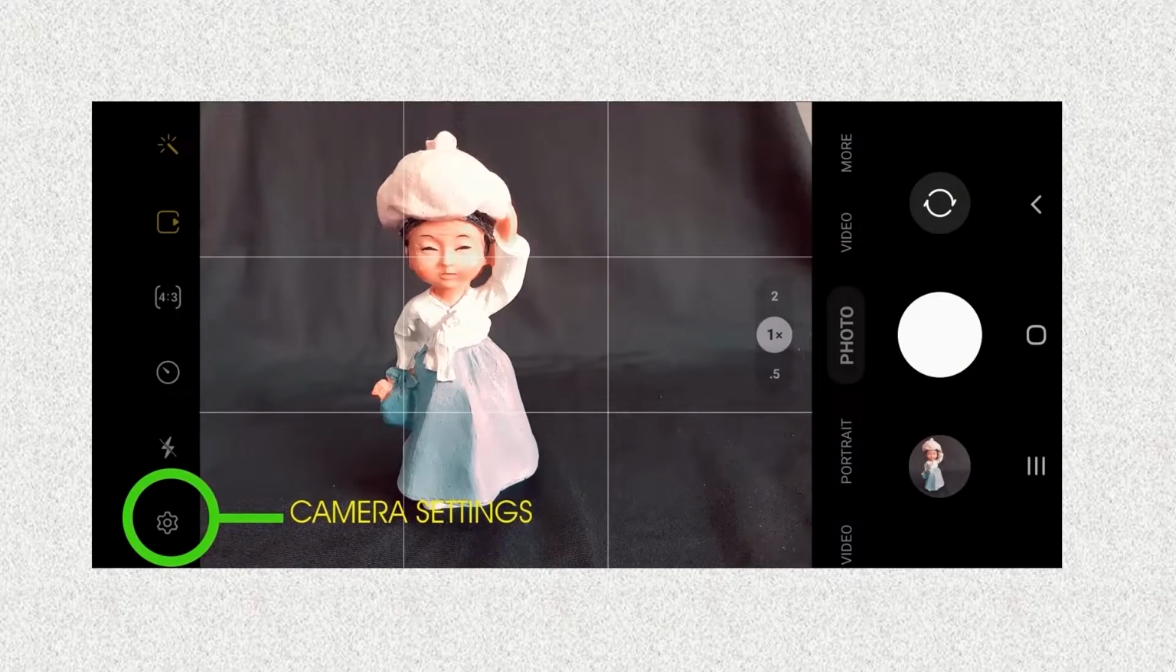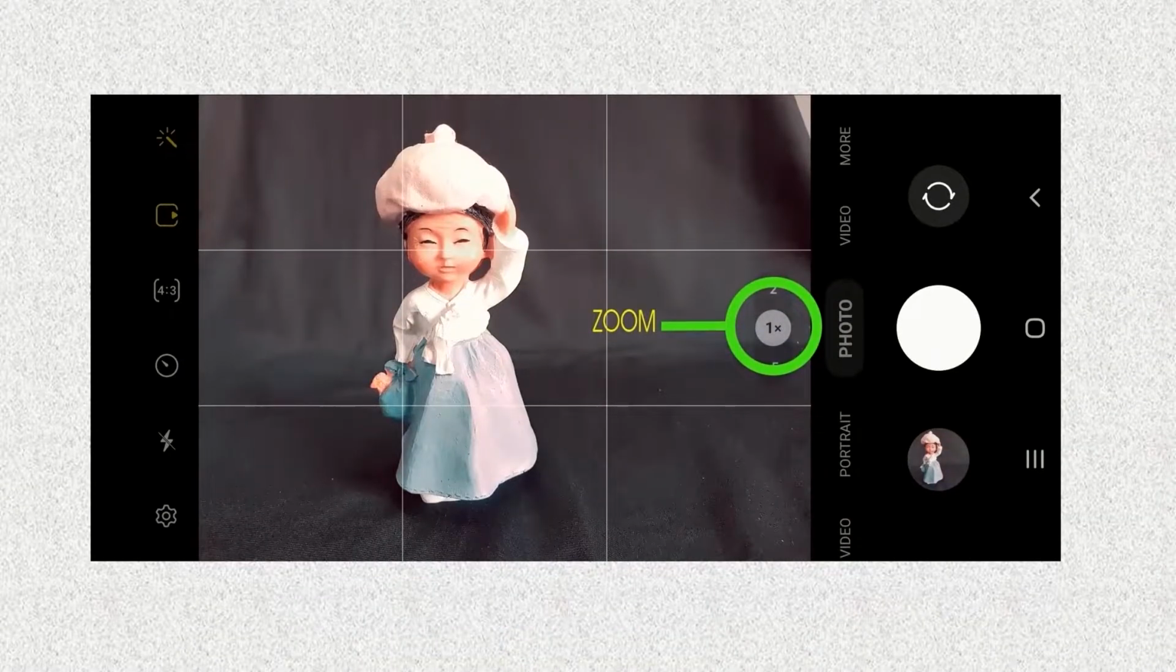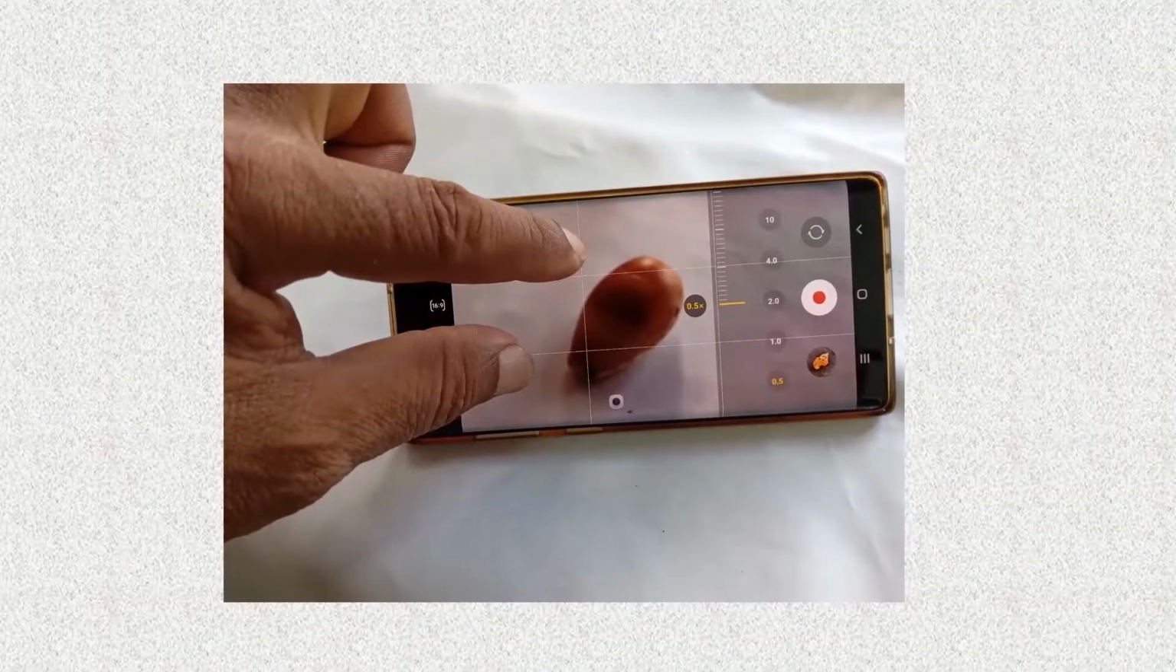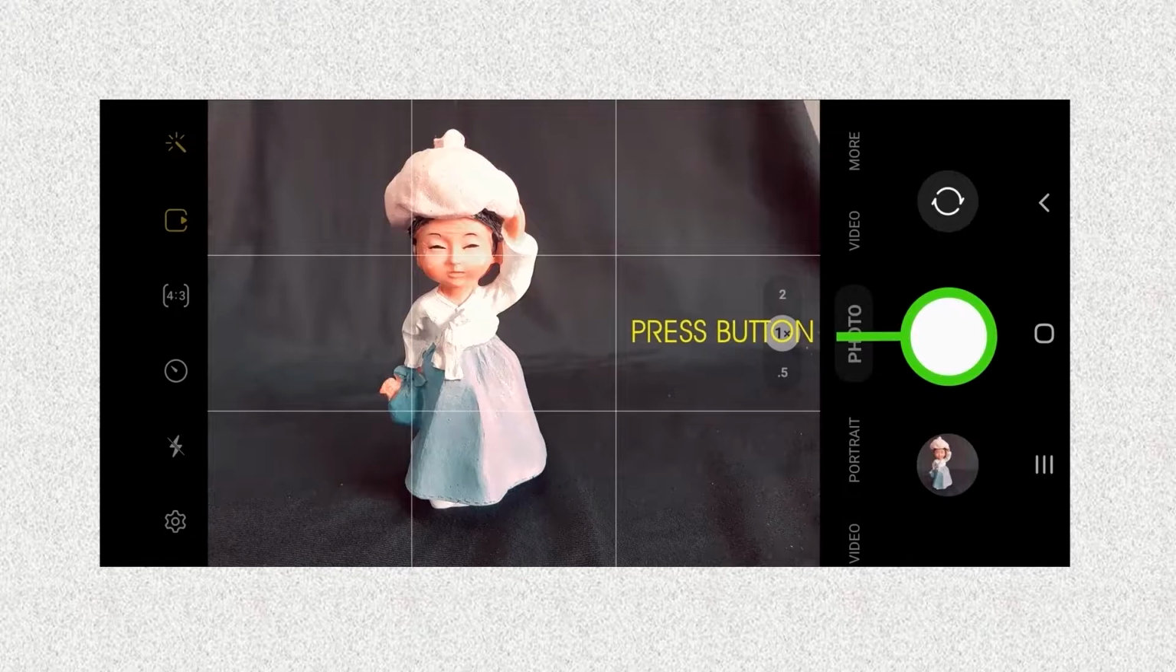Then inside you see the zoom, how many times you want to zoom. You just pinch it out or pinch it in. And also we have the swap camera button to change from the back lens into the front lens for the selfie. And here is the shutter button. And this is the preview window. When you press it, you will see the result you just